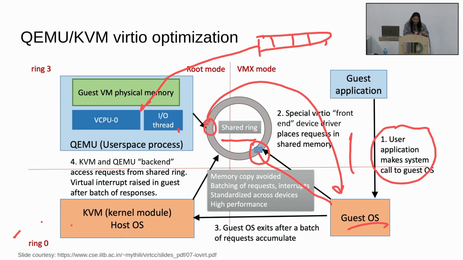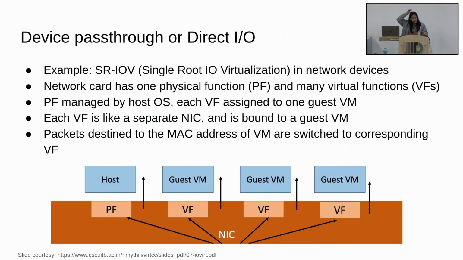emulated environment. Right? But still, as you see, this is all in software, so there are some things involved: you have to batch, there are some delays involved, right? So you still require a fully isolated environment without these overheads as well, right? So that requires some support from the hardware, right? So as I said, CPUs got optimized to support virtualization. You needed the NICs also to be optimized to support virtualization, and that's where this direct IO or device pass-through